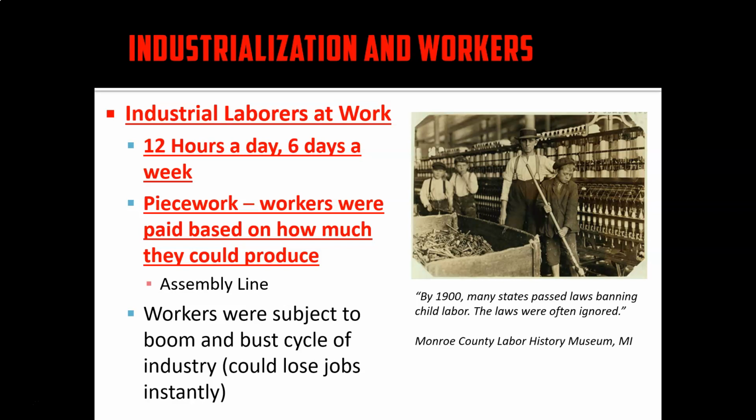Many of the workers that did go into these factories were working on what they call piecework. You were basically paid as much as you could produce during your shift. So, let's say I was building chairs and I get paid, and this time let's say it's $1.50 a chair. If I can produce 3 chairs in a day, then I'd get paid $4.50.